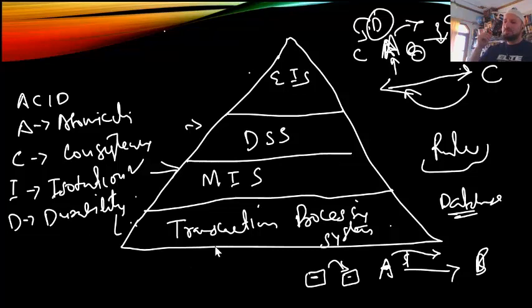Durability is that we build the transaction processing system in such a manner that it makes sure all the processes happen in entirety, that atomicity happens. That is done by the process called durability. These are the characteristics of the transaction processing system, that we say they are durable. That means it's not like it happened today but not tomorrow. It makes sure they are robust systems and they work perfectly. Okay?